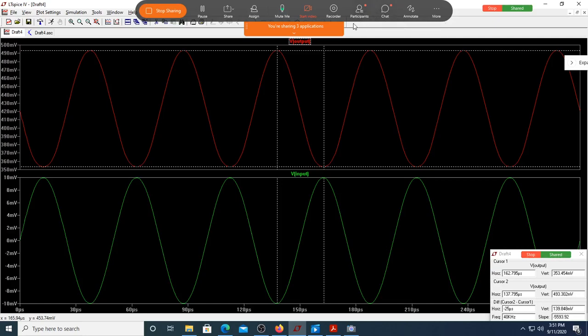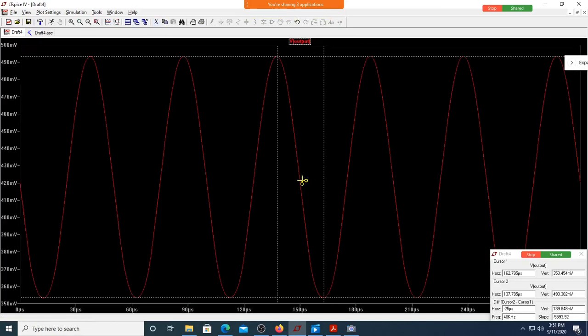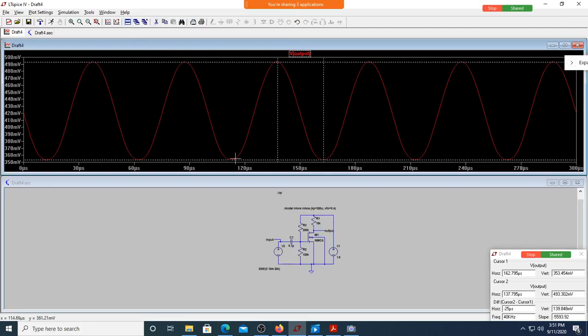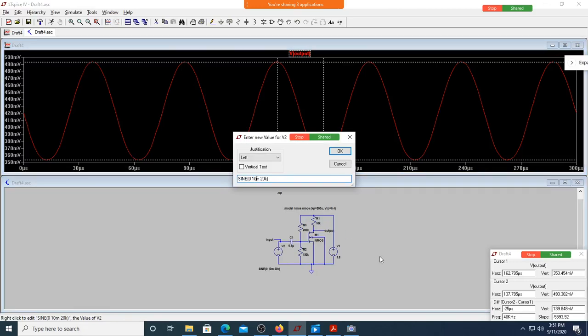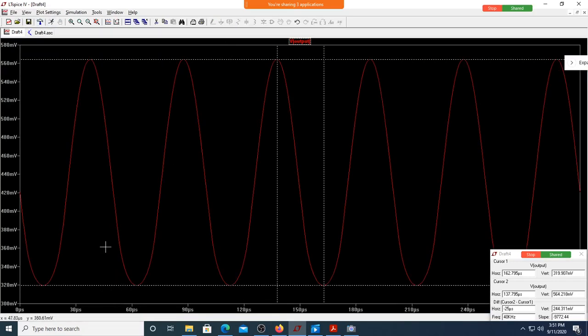Sir, what happens if it enters the linear region? That's a good question. Let me show you the shape of the waveform. Suppose I further increase the amplitude. I'll go back here and make it 20. If I make it 20, see the shape of the waveform. Can you see it is losing the shape here? This is no more sinusoidal. It is sinusoid looking, but it is bulged here. This is a bulged waveform.